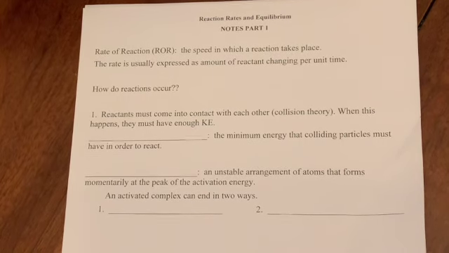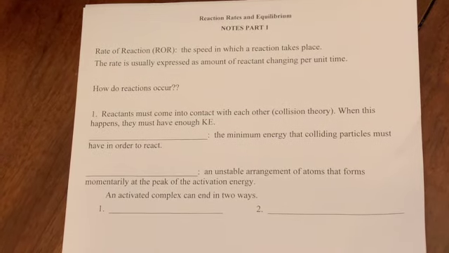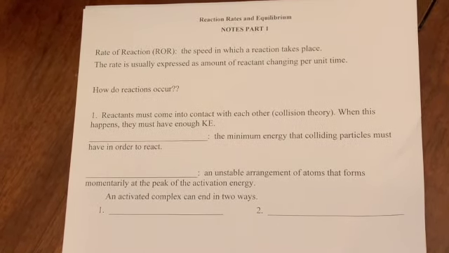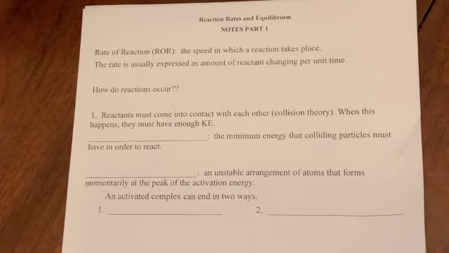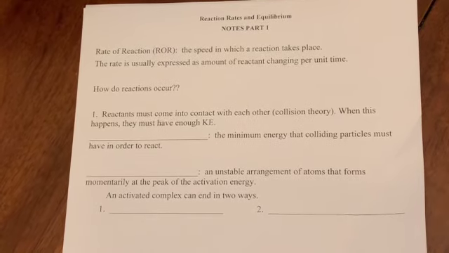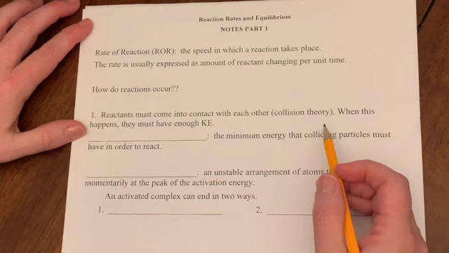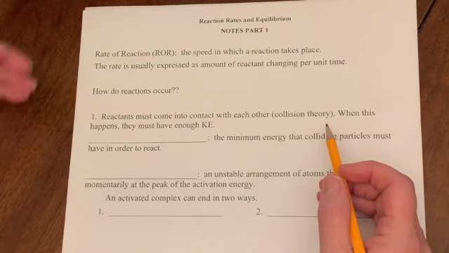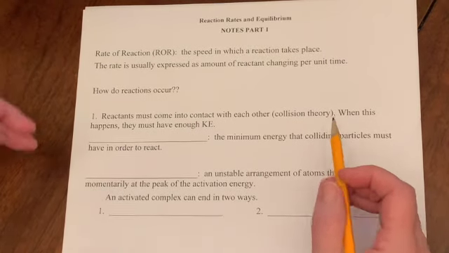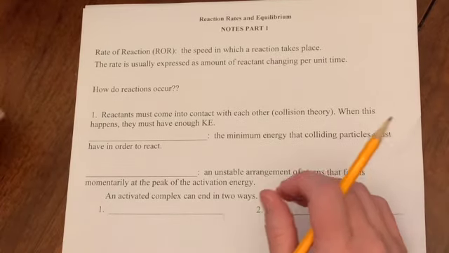Hi everybody, and welcome to our unit on reaction rates and equilibrium. So this unit is really broken into two parts, and the first one deals with reaction rates. We're going to be taking a closer look at the speed at which a reaction takes place, and that's known as the rate of reaction. The rate is usually expressed as amount of reactant changing per unit time. It could also be the amount of product changing per unit time, but we'll look at that as we move